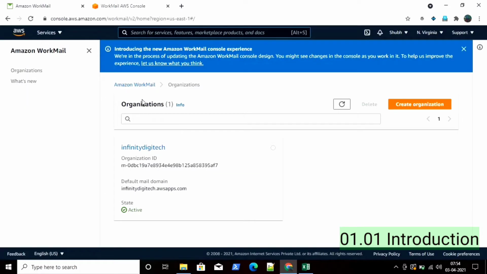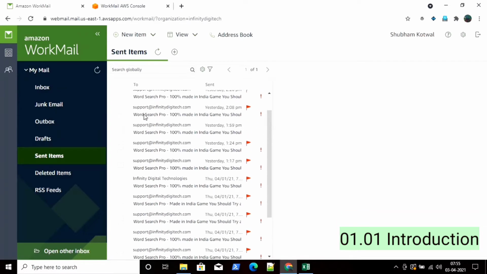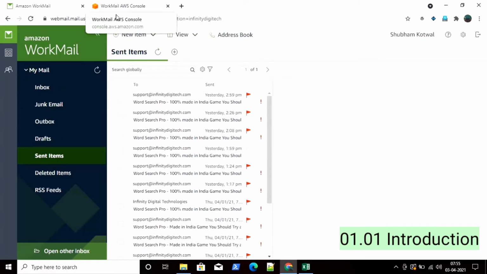Here we are going to use Amazon WorkMail to register your organization, and with Amazon WorkMail you will be able to create your email server. This is one of the most effective courses. Here you will learn to market your business as well as some technical things. So this is how your email server will look. This will be designed on Amazon WorkMail. I am also going to share some tips and tricks to market your products via Amazon WorkMail.